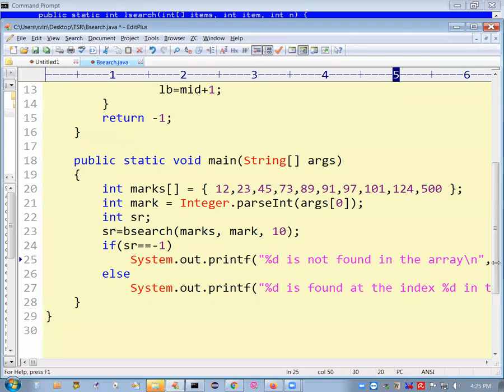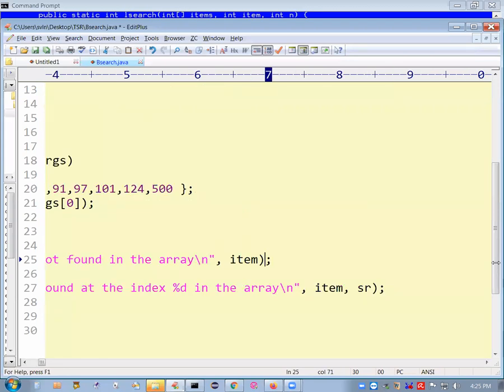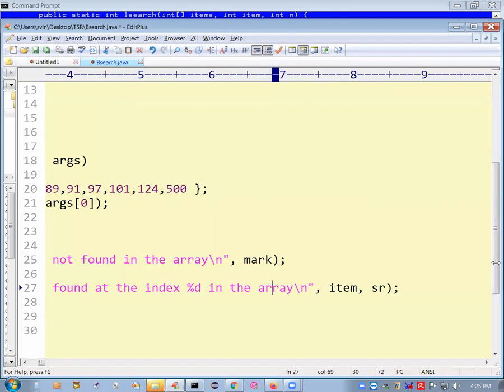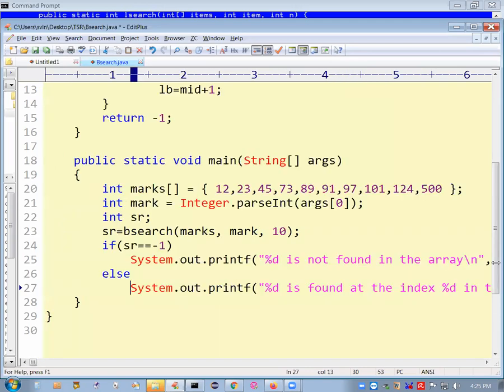So line 25. This is not item, right? Mark. We changed it a little earlier, and in the process of explaining, that kind of error was introduced. Mark is the actual variable. So here it all depends upon what variable names we are giving to this particular thing. So save it. Again come back.